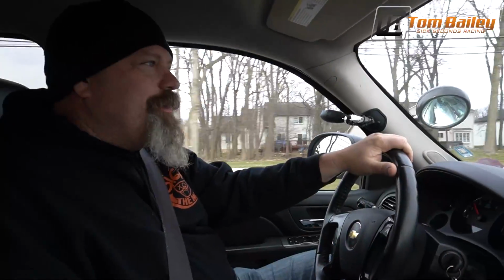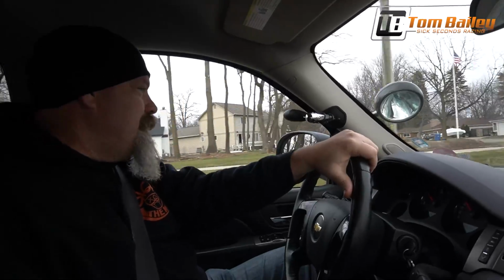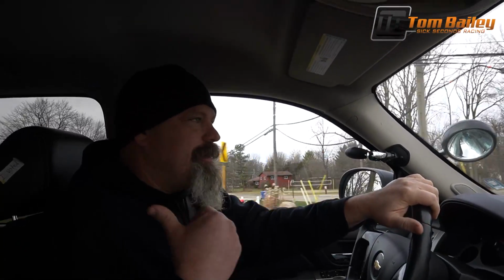All right, so we got a hold of them, and we actually have it out for a test drive now. So it actually drives pretty good. Drives like a cop car, I guess, but kind of doggy. It's got the 5.3 in it, so that part does have a few bells and whistles, I guess. They've had it for a little while. Seats are all in good shape, which I would think seats would be worn out. Back seats have never even been used, or it doesn't look like it's been used, but all in all,